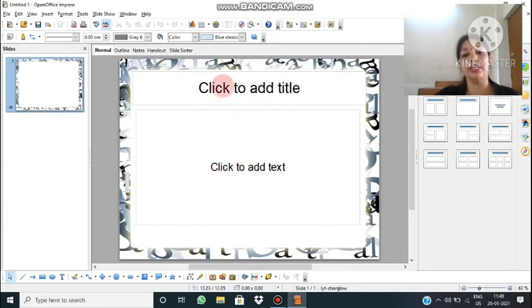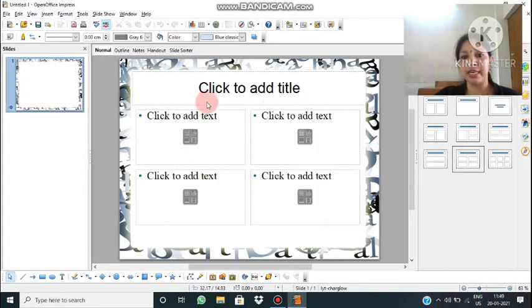This layout is known as title and content layout. In the same way, we have about 12 slide layouts which you can choose. When you move the mouse pointer, you can see the name. Like this one, we have title content over content. This one is title plus 4 content. If I click on that, the slide layout changes at the same moment.